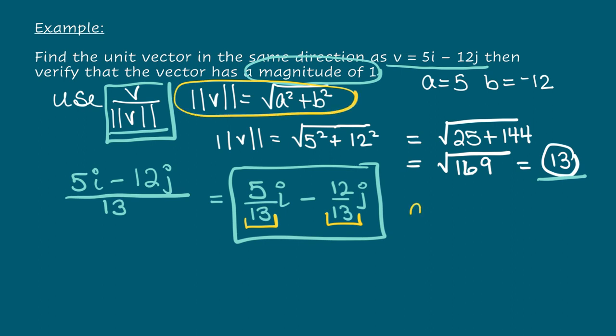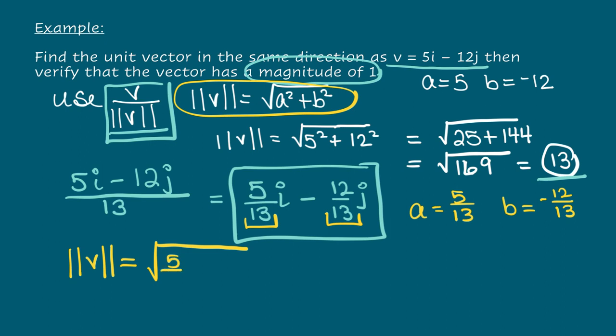In this case, a is equal to 5 over 13, and b is equal to negative 12 over 13, I'm sorry. So we're going to calculate the magnitude of our new v. We're going to take the square root of 5 over 13 squared plus negative 12 over 13